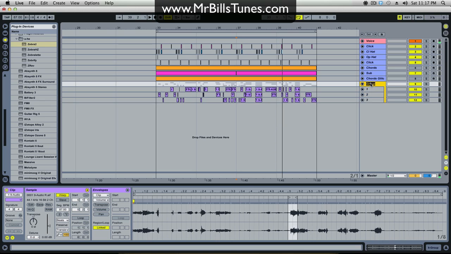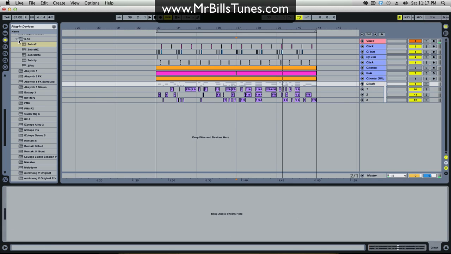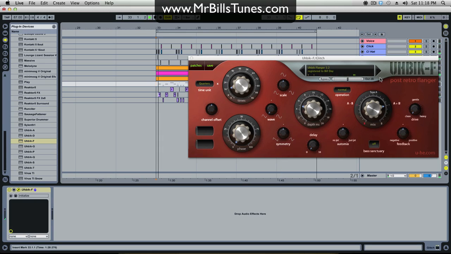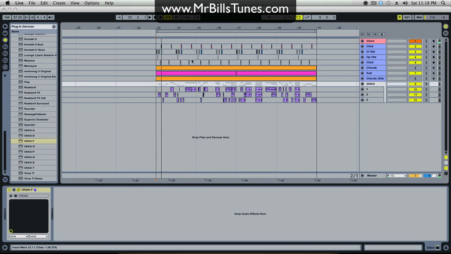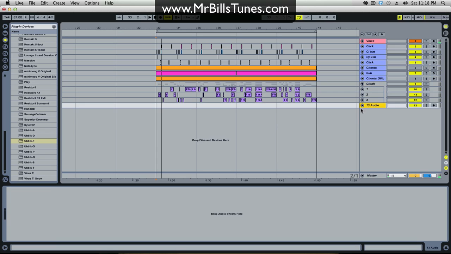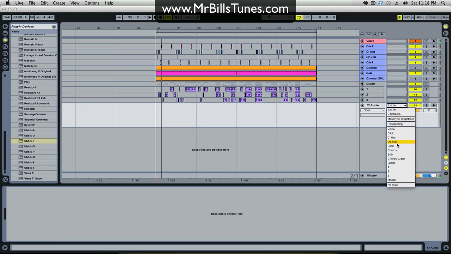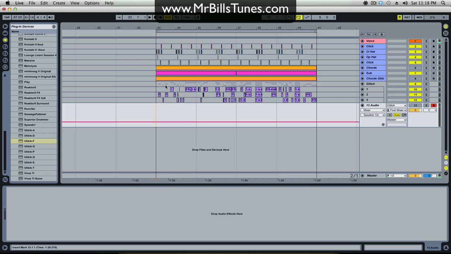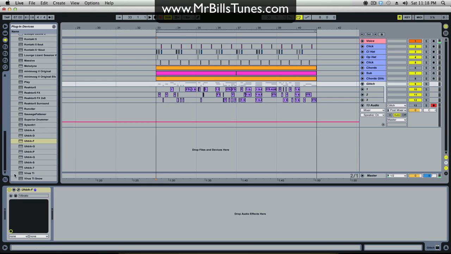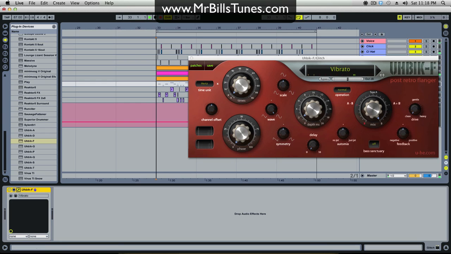If we put this in a group, and we just call it glitch for the moment, then what I'll do is drop another plugin on it. Again, I'll probably drop a UHE plugin. Let's try the flanger. And again, these all have presets as well. So if we create another audio track and take the input from glitch, you can record that. And then if we just hit record and start playing with this flanger,